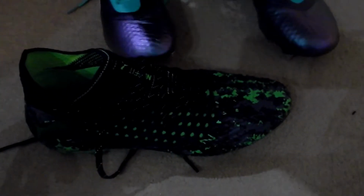Yeah. I don't know why, but these just feel really flat at the front. Low toe box, you mean? I don't know what that means. So, meaning...